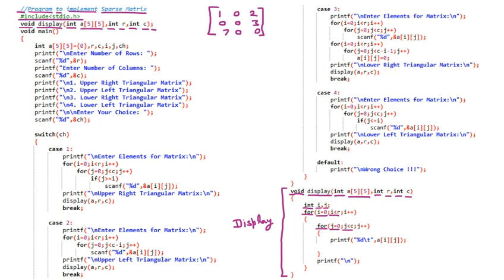And what we are doing is normally printing the array. So printf %d, then \t for the tab space, a[i][j]. One by one we will print all the elements in that 2D array. A 2D array and a matrix are the same thing, so that's why we have taken the 2D array. So the matrix will be displayed, and this next line we already know.